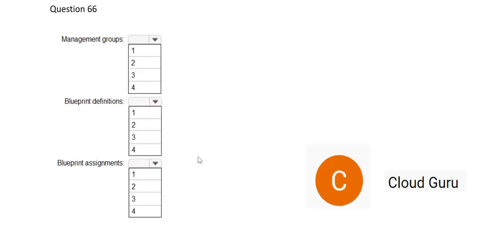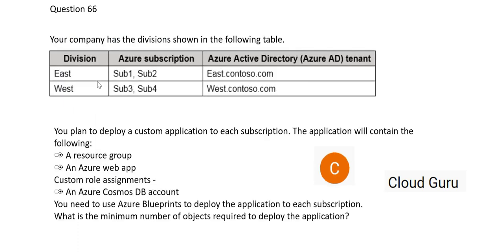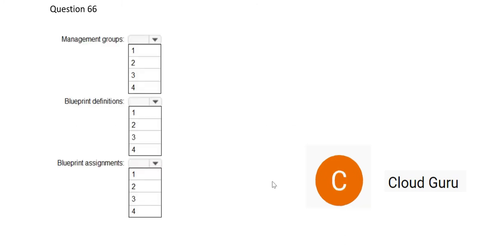Out of these, we have to choose options for management groups and blueprint definitions. If you see management groups, we have two AD tenants. So we should have two management groups. So this should be two. Now blueprint definitions, that means how many templates you will create.